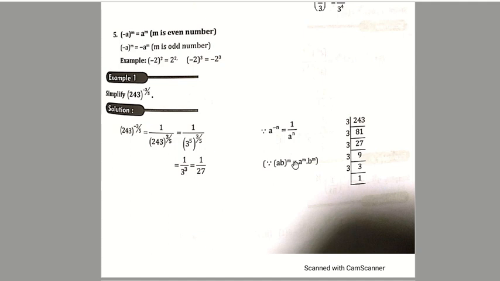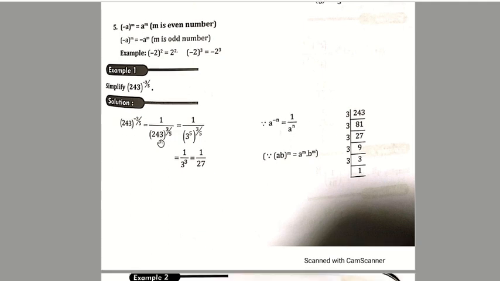And a to the power of minus n can be written as 1 divided by a to the power of n. That's what we first did. So our next question,